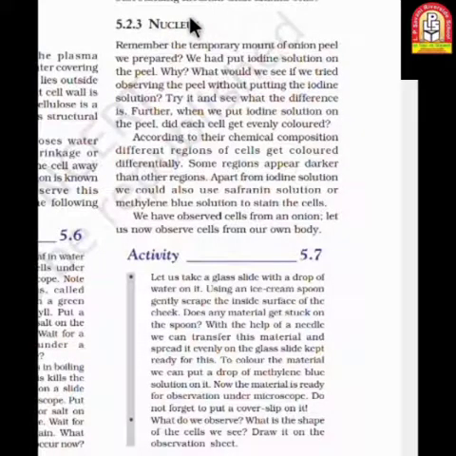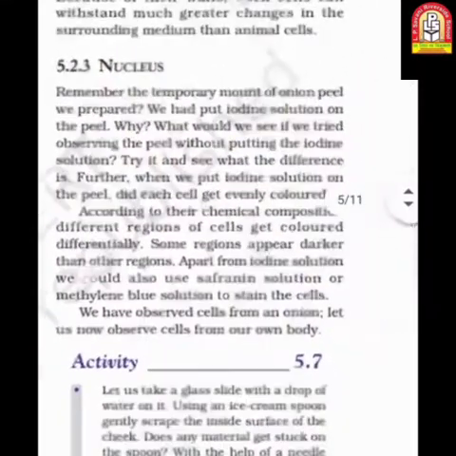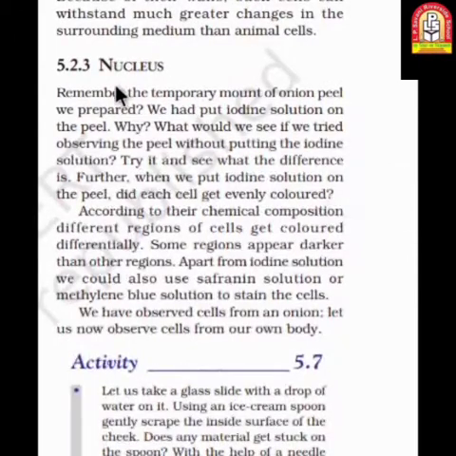Students, today we are going to learn about the second cell organelle. It is the nucleus. As you know, the human brain controls all the activities that occur in the whole body. Exactly like that, a cell also needs something which contains and handles all the cell activities. So as we have a brain to control whole body activities, the cell has a nucleus to control all the cell activities.